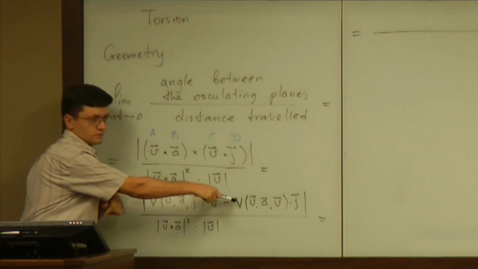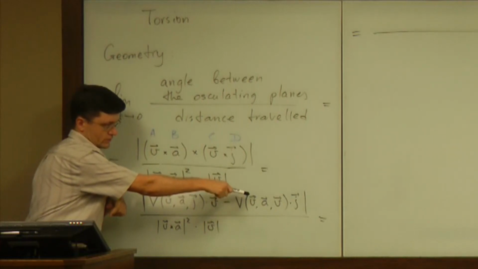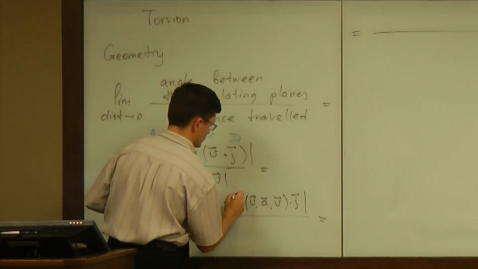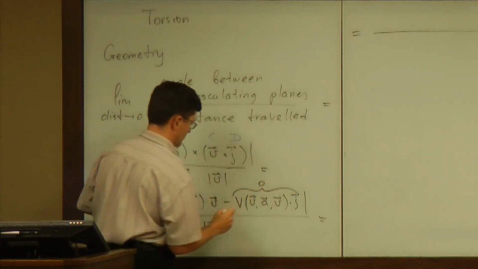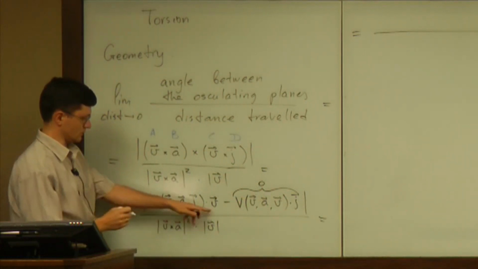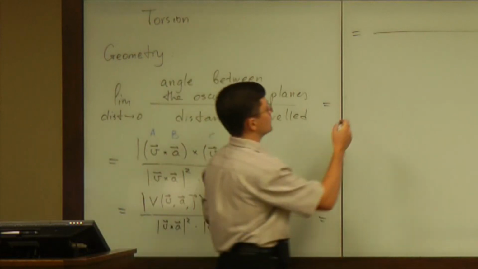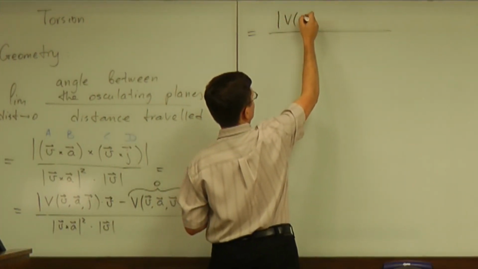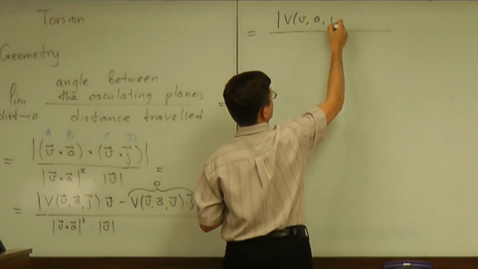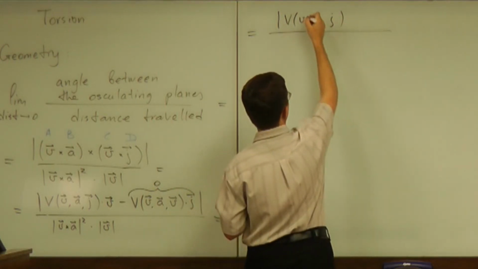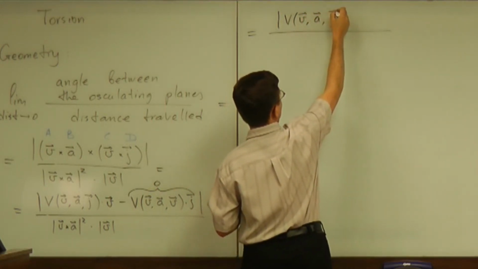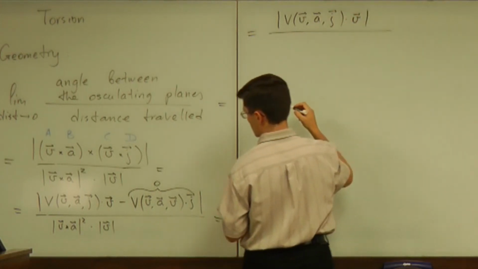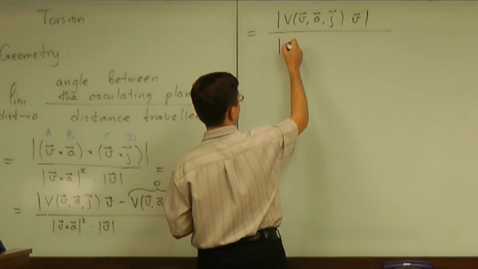The second term is 0. Volume on velocity, acceleration, and velocity, and so that is 0. So the only remaining part is this. Magnitude of volume on V, A, and J multiplied by velocity and divided by